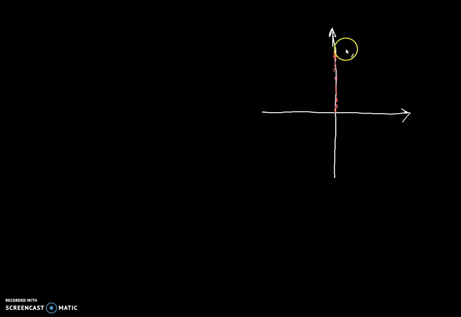So this is pi by 2. At pi by 2, you can see that your x coordinate is equal to 0, and your y coordinate is 1. So wherever you move in this coordinate system, you know that your r is equal to 1, because